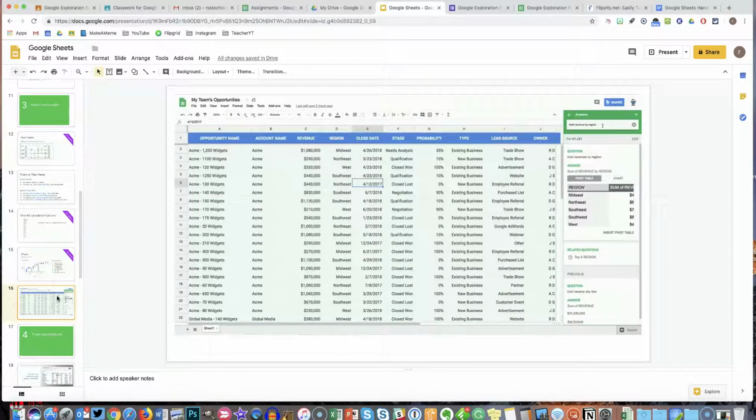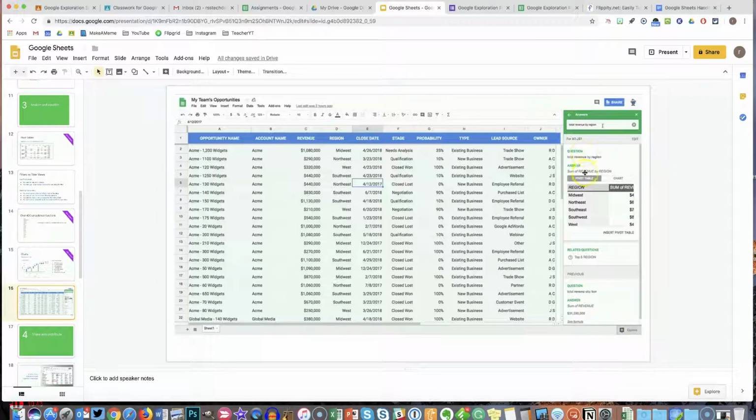And make sure you click the Explore button. Here in Google Sheets, you can see the Explore option right down here in the lower right corner. It'll be in the same place with Google Sheets, Google Slides, Google Docs, whatever. You can click it. You can see in the slide here, someone has already clicked it, and it's showing them